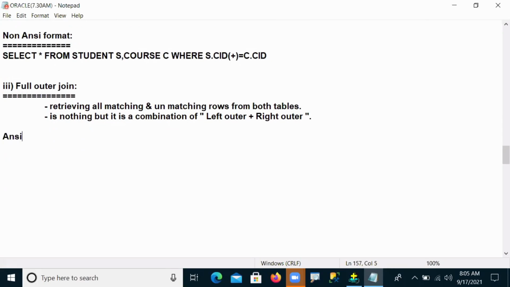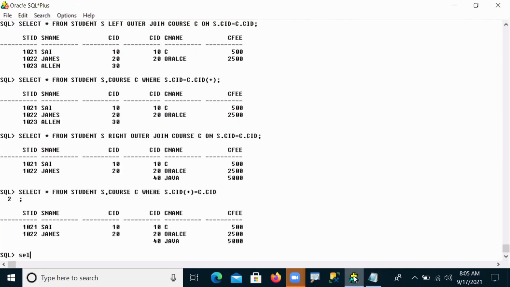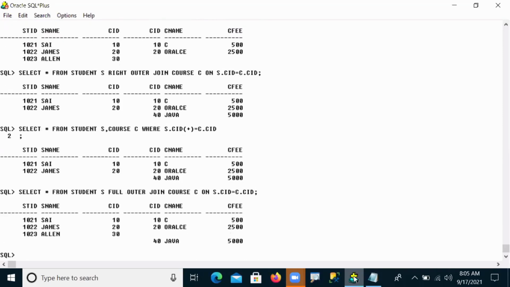In ANSI format, if you want to write your full outer join, you can write like this. Select star from student S full outer join class C on S.cid is equal to C.cid.